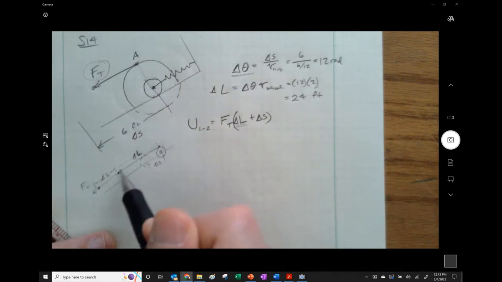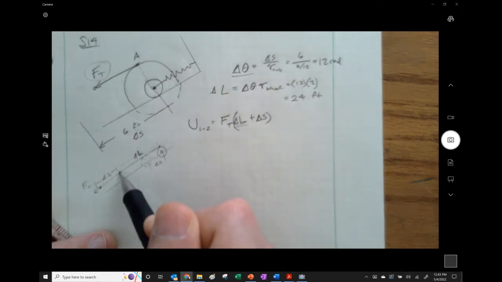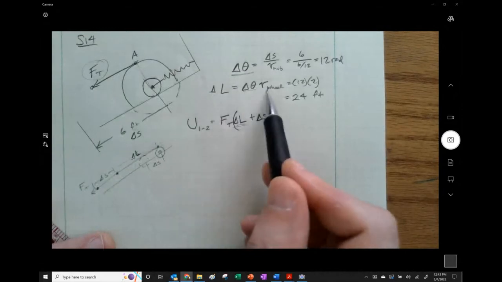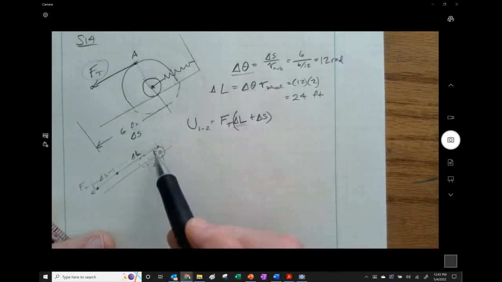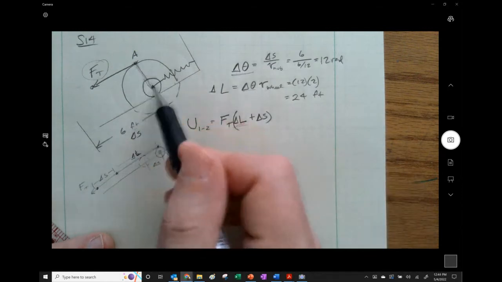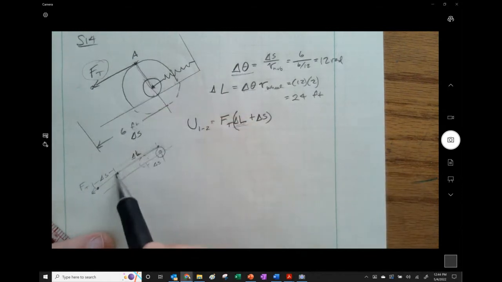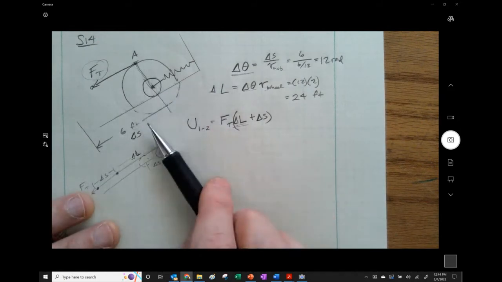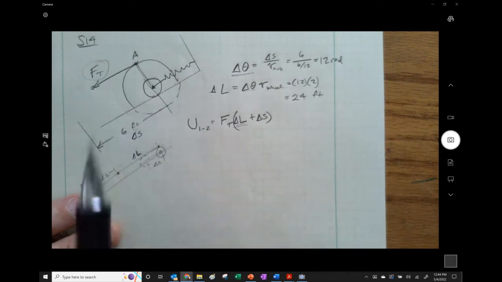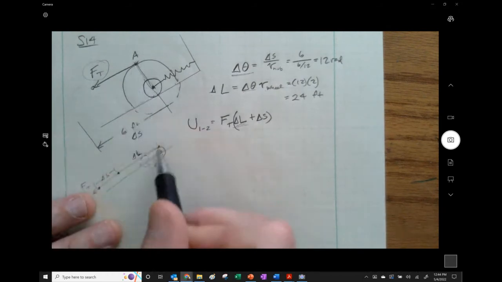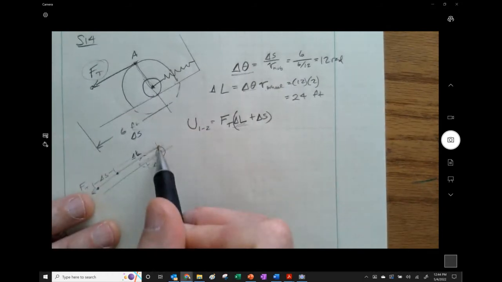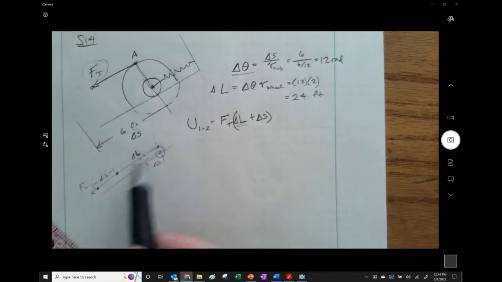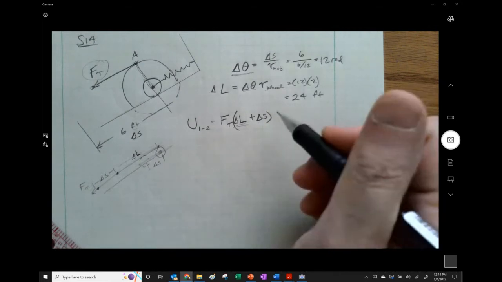This point right here would then be right there, right? Which would simply be delta theta times the radius of the wheel, right? It would be that radius times this would be the amount of cable that had been pulled out. But it's not pivoting right there. It's moving as it goes along. So the point that you grabbed up here along the way is right there. So it's the force through the distance that has actually occurred onto the piece,